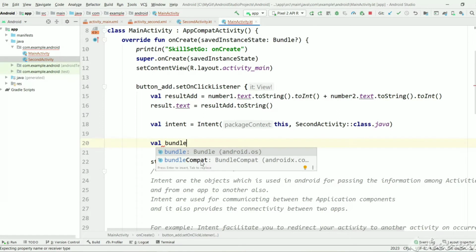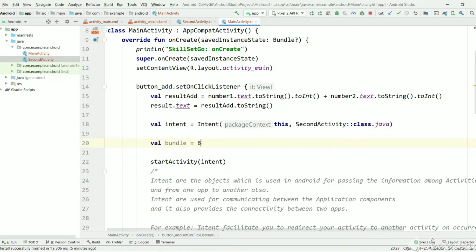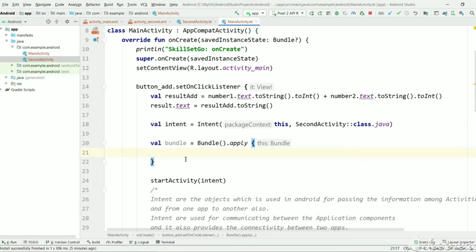Just create a bundle object. In this bundle we will put all the arguments or the parameters as key value pairs. The key is what we use to access the value in the next activity. So just keep all the arguments we need to access in the new activity.